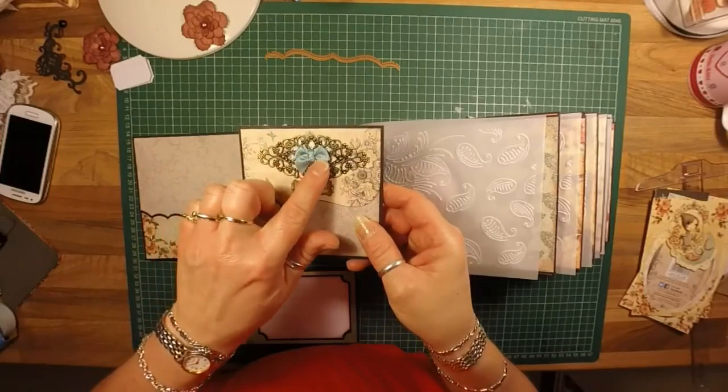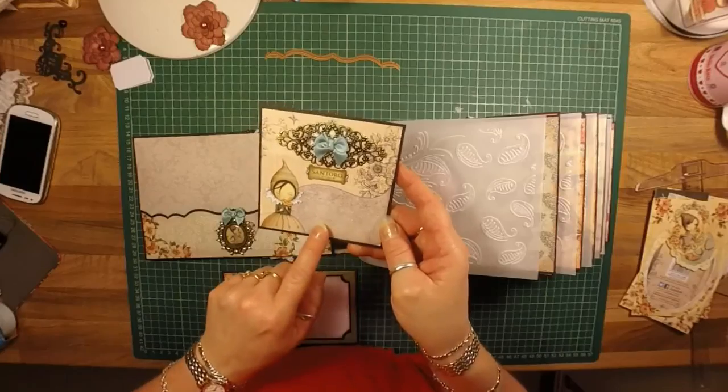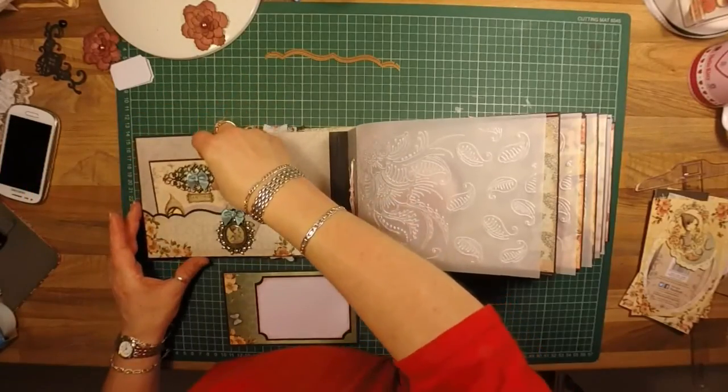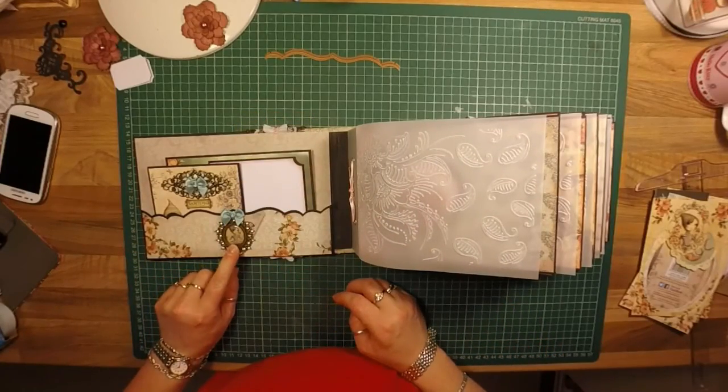We've used some metal embellishments as well, some of the ribbons that go with the collection, and I've just filled in the space with a piece of the designer paper, and then just made another little photo booklet out of that. So I've made it go as far as I can. That goes in there, and then these are the little metal